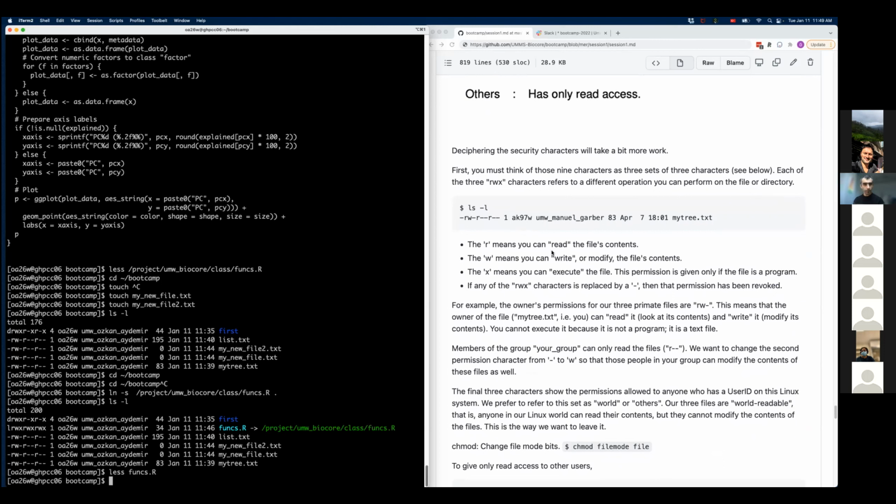I have a question. Yes, when I ran this command, I saw some region blinking, like the project UMW biocore class function R is kind of blinking.